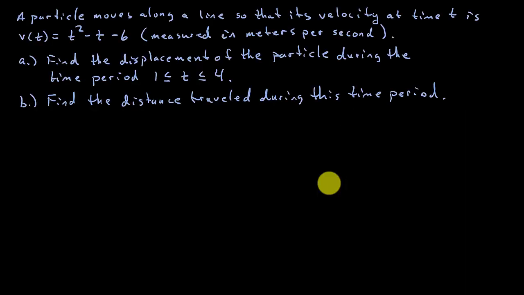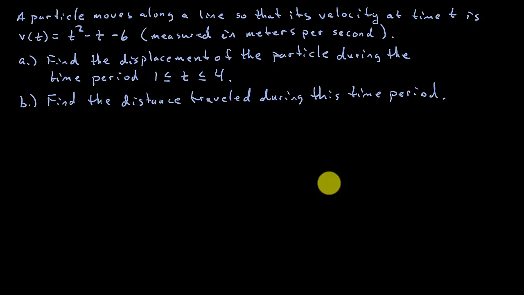So let's look at this. It says a particle moves along a line so that its velocity at time t is v of t equals t squared minus t minus 6 measured in meters per second. Find the displacement of the particle during the time period 1 to 4, and then find the distance traveled during